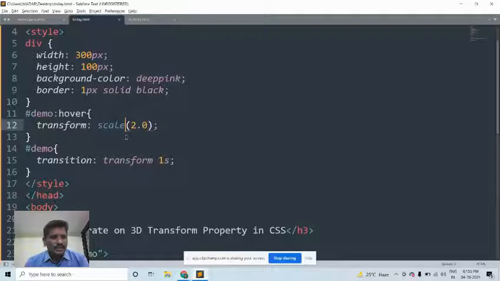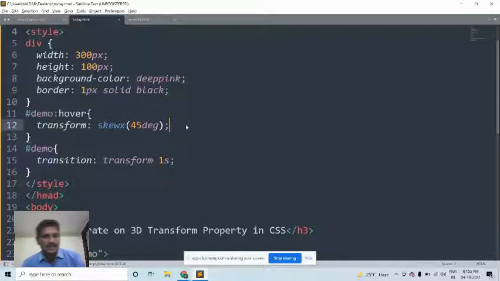After that, I will move on to another method, the skew method. The method name is skew. Use skewX, because we provide values in degrees, for example 45 degrees.